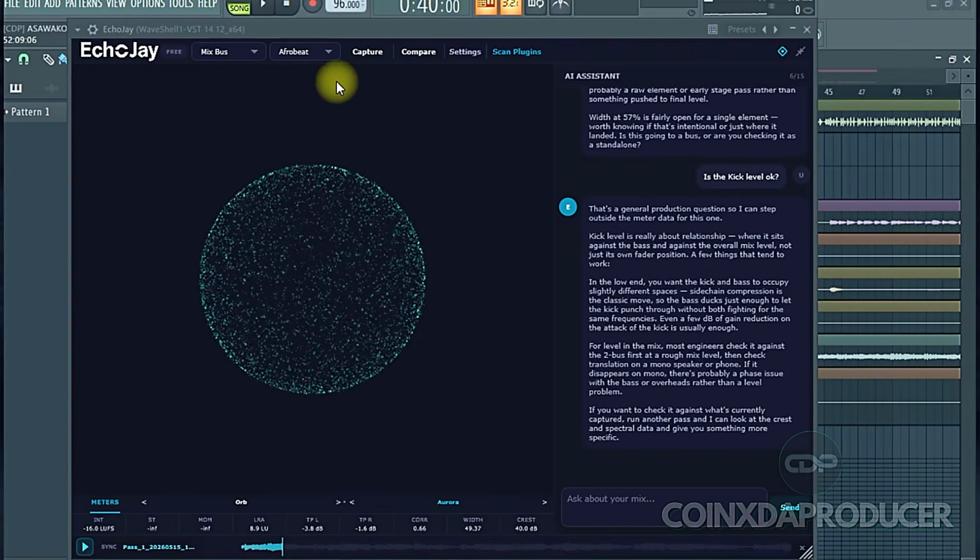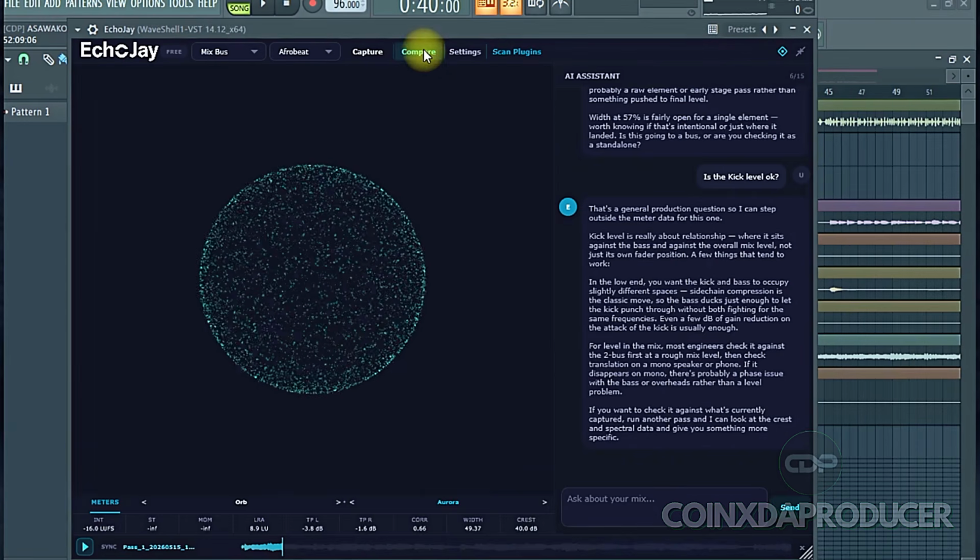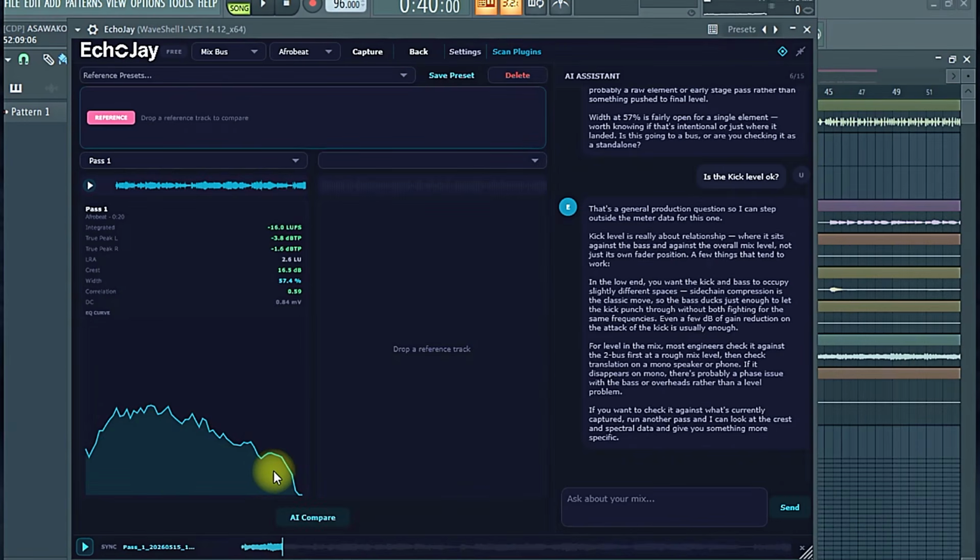All right, now let's have a look at the compare feature. When you click over to compare, you can see the overall frequency response of the track we have. At this point, you can decide to load your own tracks and then visually see the difference in the frequency shape, which is super handy. And also you can have more than 3 or 4 reference tracks, and then loop it